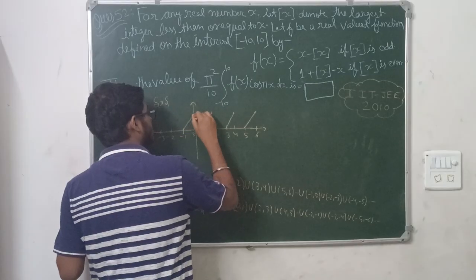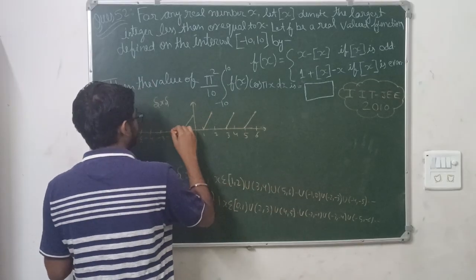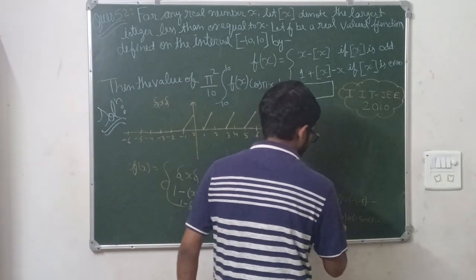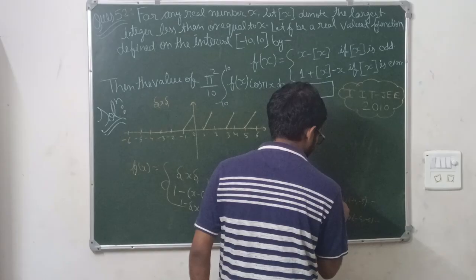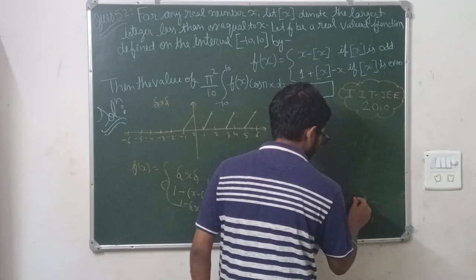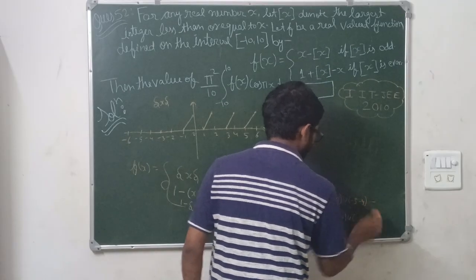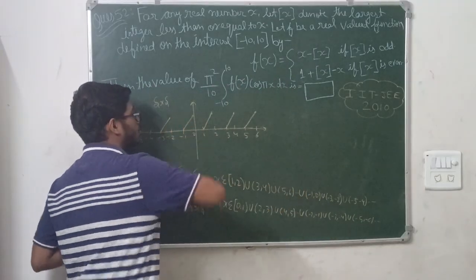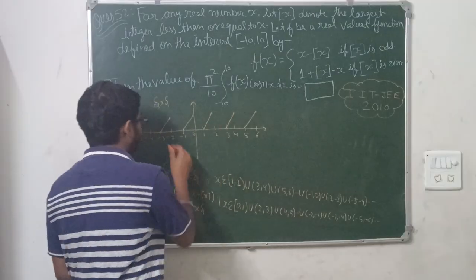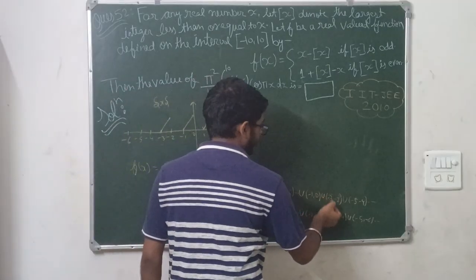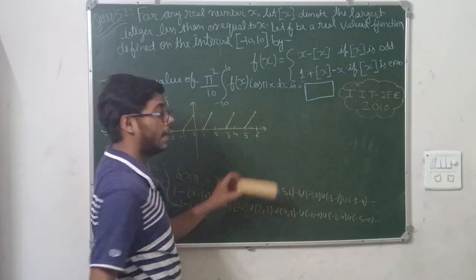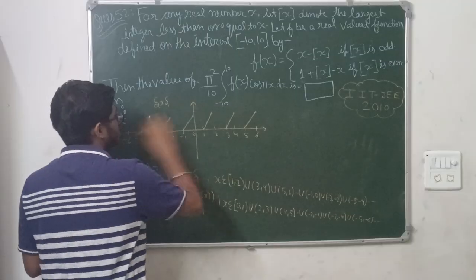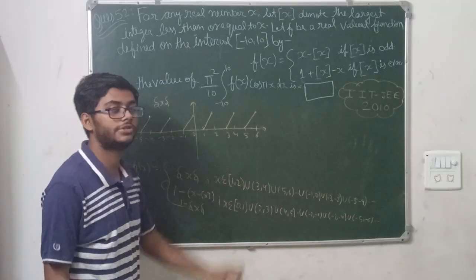This is the graph from minus 1 to 0, minus 2 to minus 3. I'm sorry, I think it is minus 3 to minus 2 because the greatest one comes first. Minus 3 to minus 2, and this is minus 5 to minus 4. Its graph goes like this, so it starts from the greatest function. The greatest function would come in the first term, and the smallest term will be on the second term. And minus 5 to minus 4 like this. This is the graph of greatest integer x for the first interval.